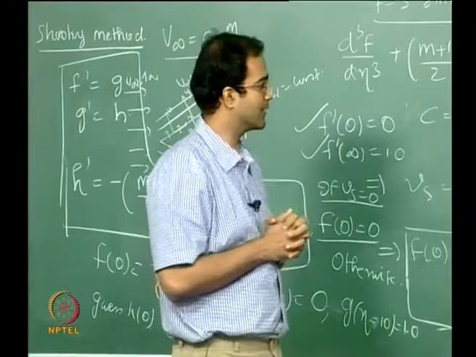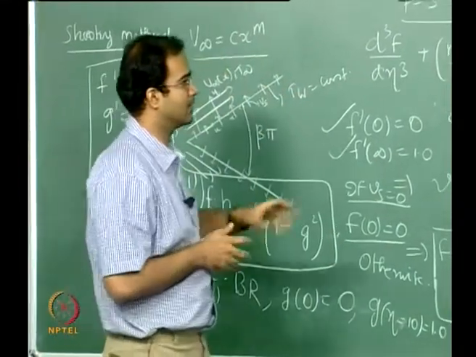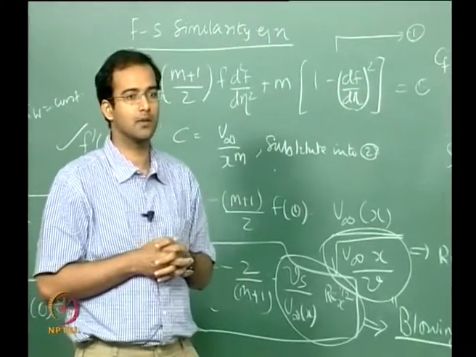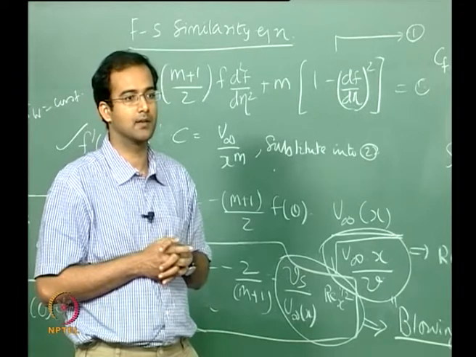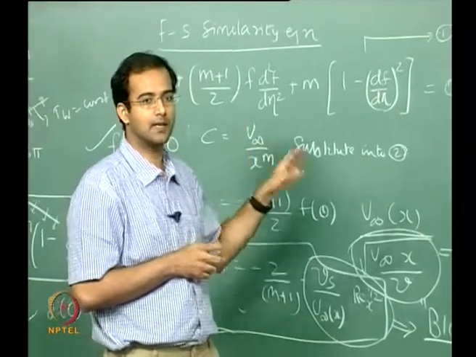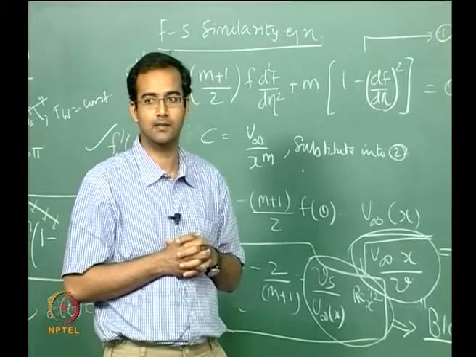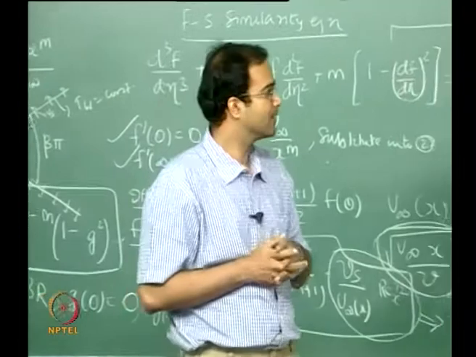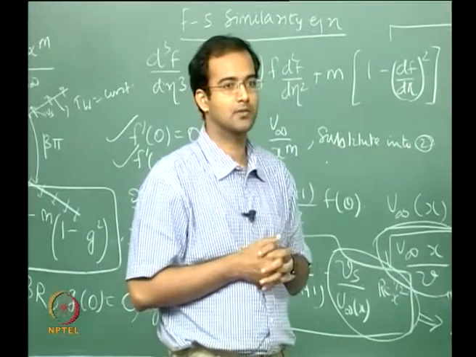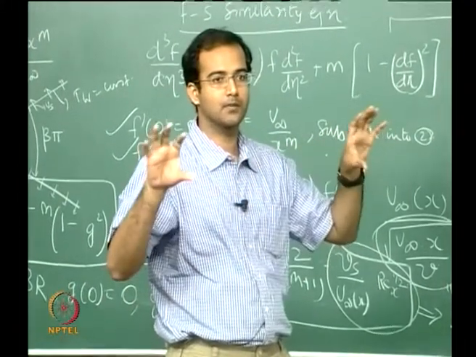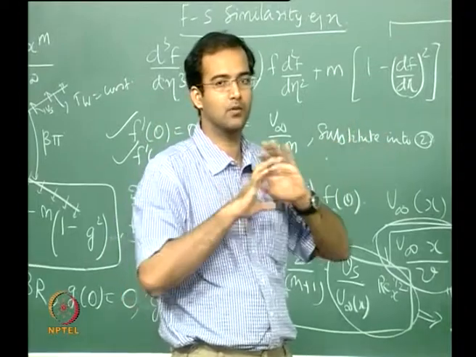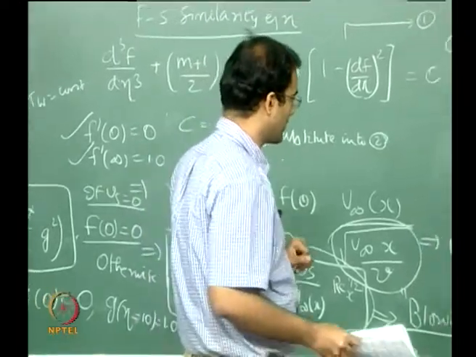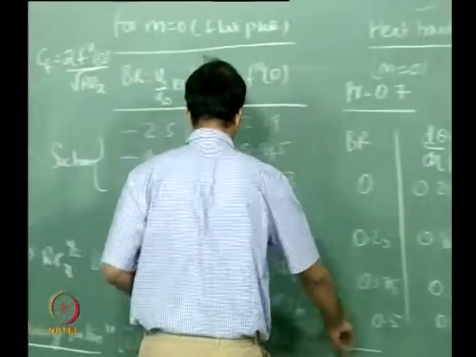Yes. Even for this Falkner-Skan solution, if you include the viscous dissipation effects into the energy equation, we do indeed find a similarity solution. Let us not do it for the general case, let us do it for a flat plate case, and I just want to tell you that the same thing can be done for the Falkner-Skan solutions also, because it is only the energy equation which is affected. The flow remains the same. Alright, so let us move on to that topic where we consider viscous dissipation effects.